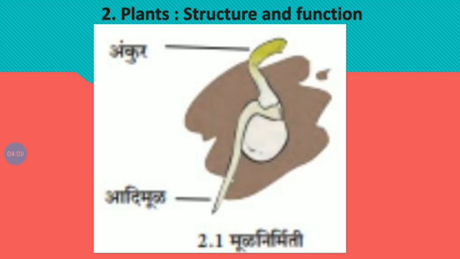When there is a germination of that seed, two parts come out of that seed: one grows below the soil, and the second one grows above the soil. The part above the soil we call a plumule, and the part that grows below the soil we call a radicle. The root that forms from the radicle grows into the ground.